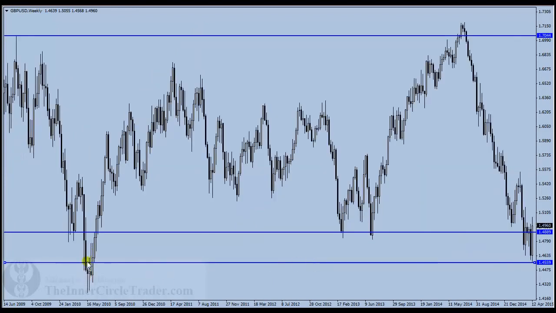Right in here. We have big ranges, and then what happens? We go into small ranges. What's the small range going to create? Big ranges. Then we have a down candle, range expansion again, retracement, small ranges, big ranges, retracement, big ranges, small ranges. Then what's going to happen? Big ranges. What you're looking for again is areas of